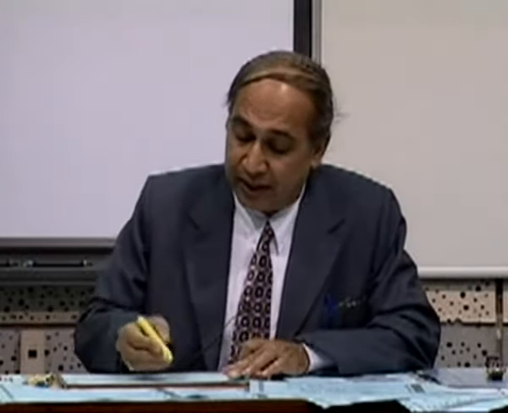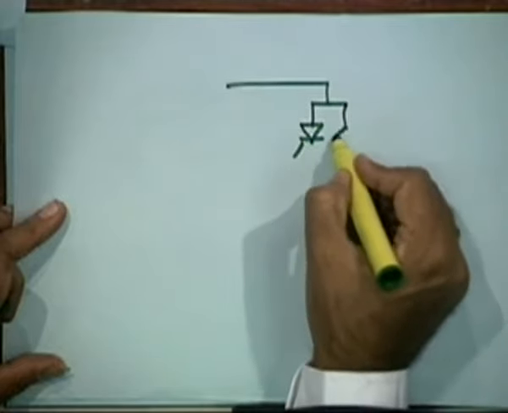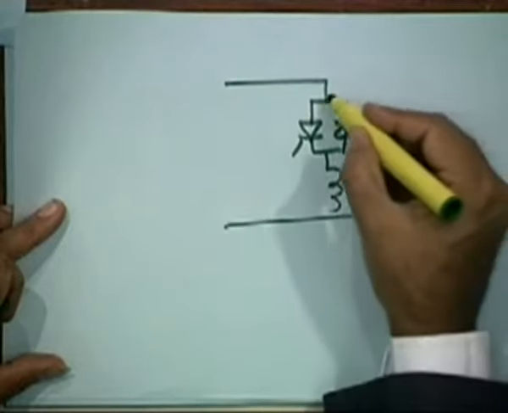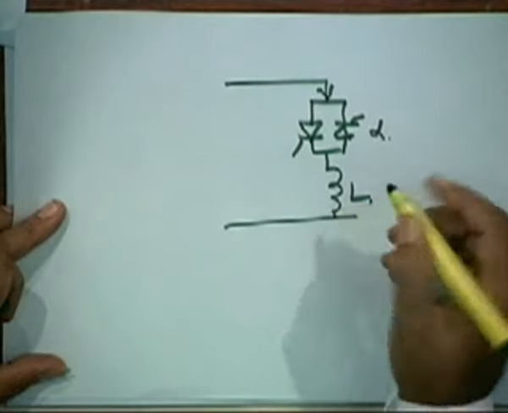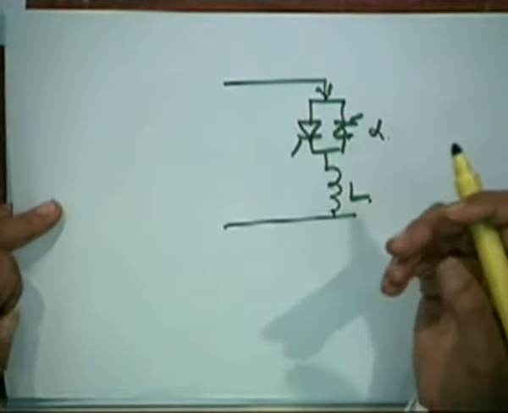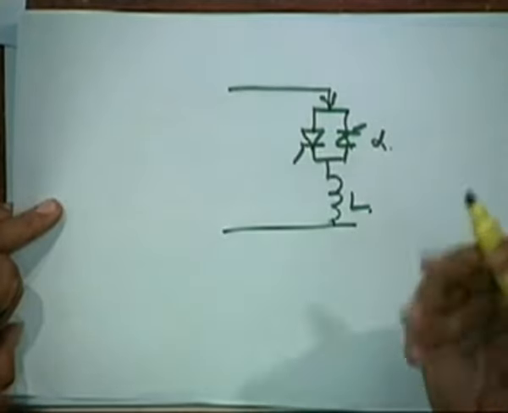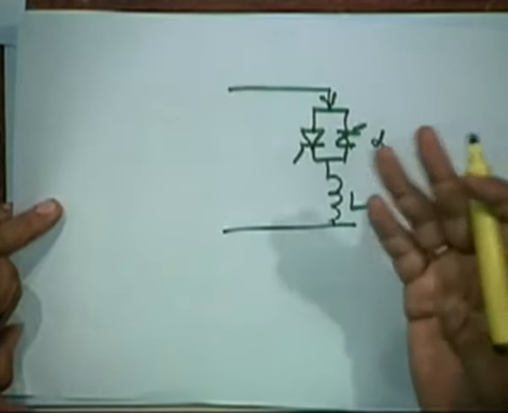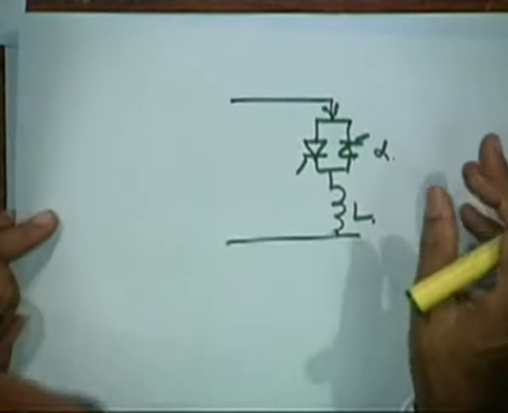In fact, there are various ways in which you can have a back-to-back thyristor and then connect an inductor. So, the current through the inductor can be controlled by firing angle control. This is how you vary L. Because of shortage of time, we can't go into details, but just to inform you of the different methods thought of for a static VAR system: a switched capacitor, variable inductor, or capacitor in parallel with inductor. Nowadays there are also static compensation schemes, which are a little more involved, being suggested.